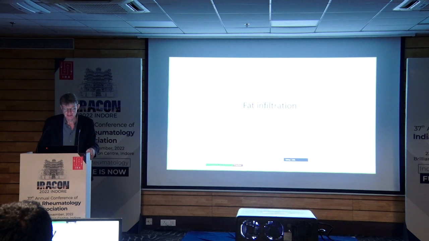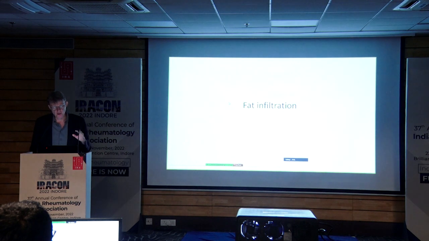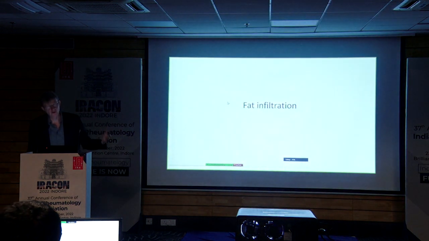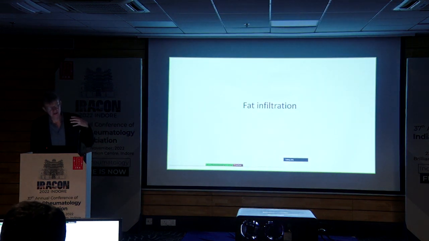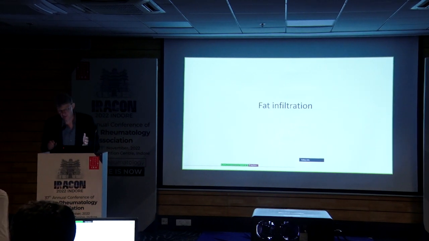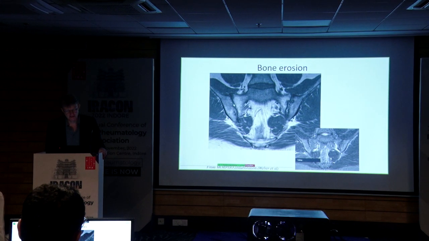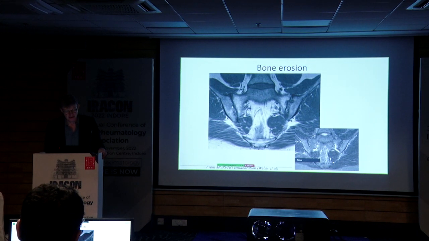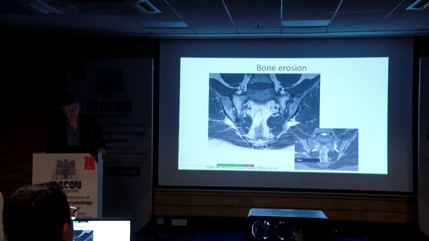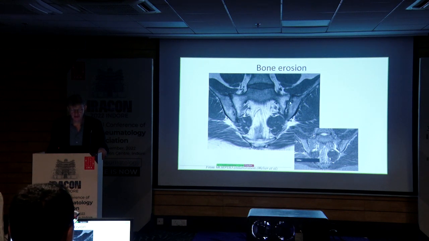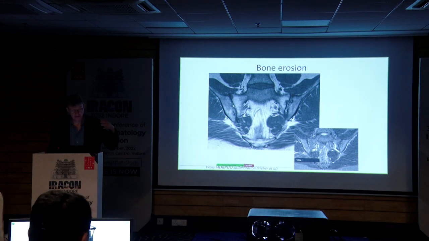Fat infiltration is another thing which we see. That is, when in the bone marrow there is more fat than usual, and we know that it occurs quite frequently when there is inflammation. The joint line is more or less a straight line down here. But here you can see that there is a hole going in, and so this is an erosion. The same you see over here. And the way it looks is a break of the cortex, a black cortex, going into the